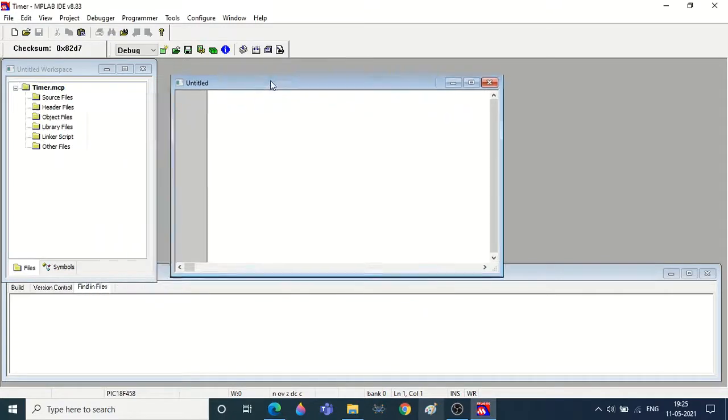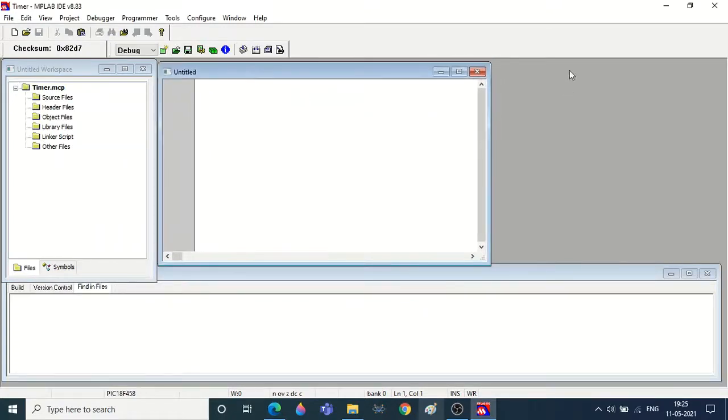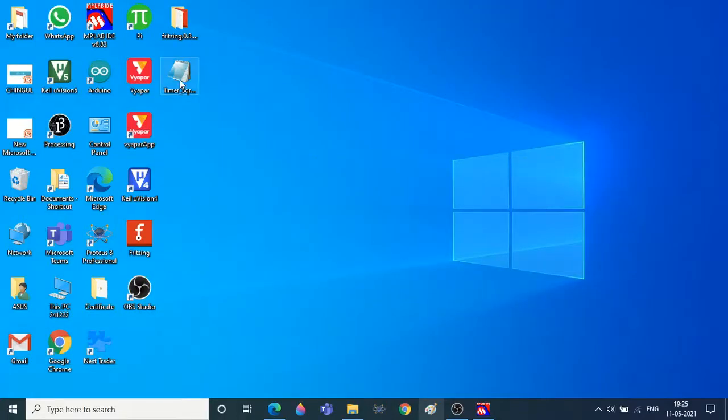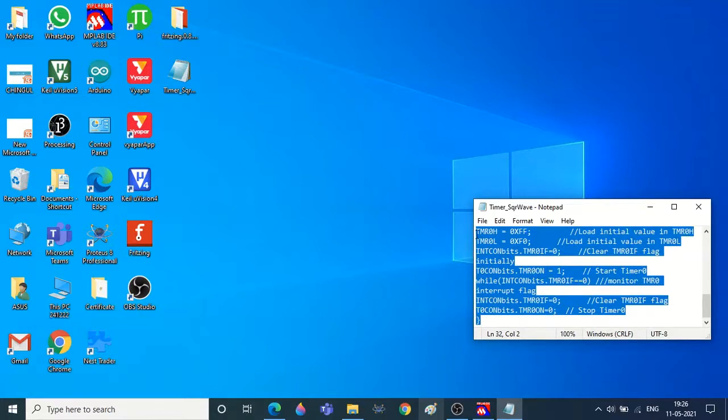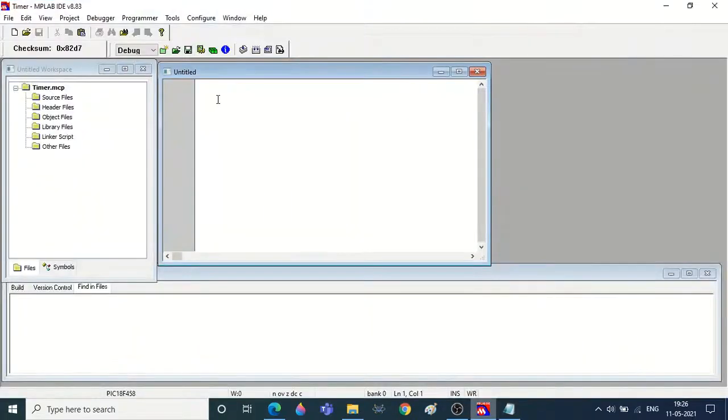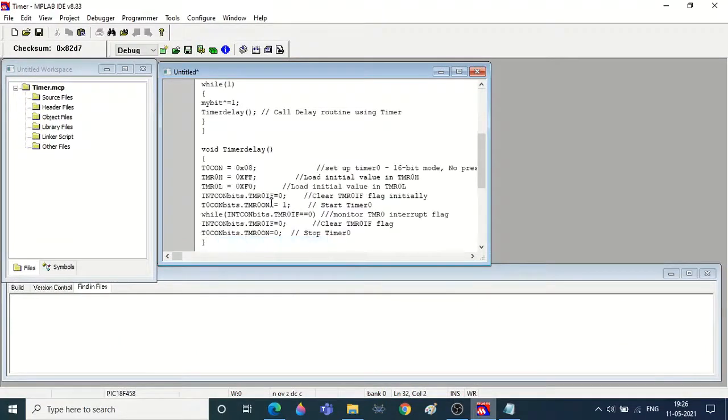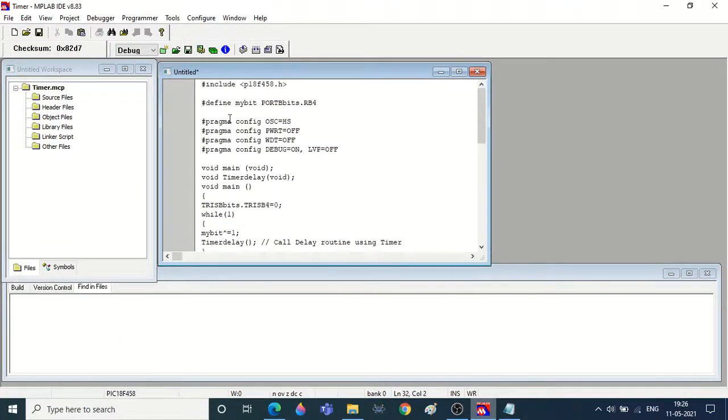This will open a new window. I have already written the program, so I will just copy it. So this is the file.